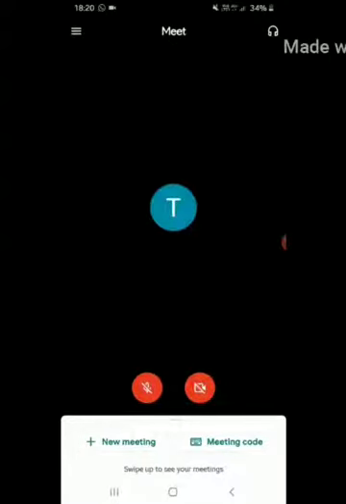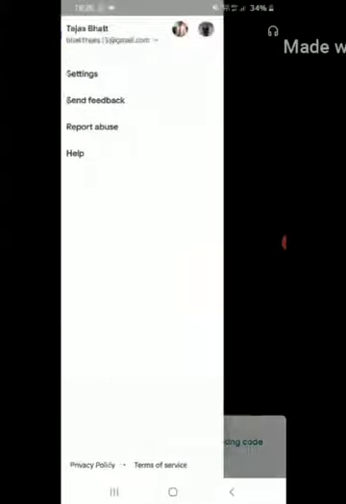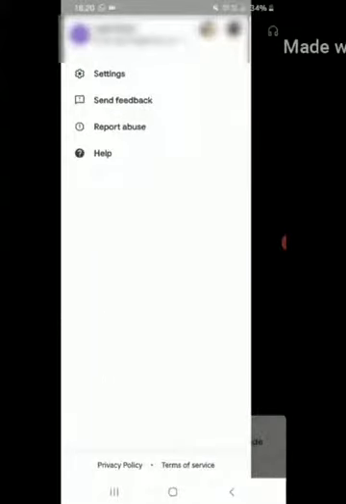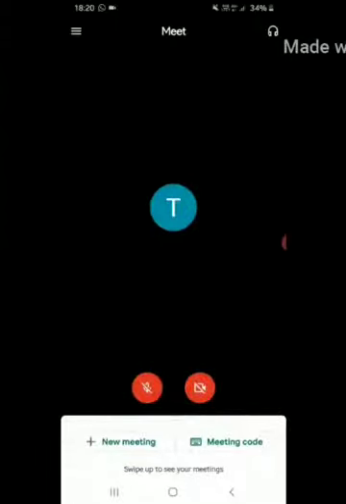On screen it shows a new meeting option, a meeting code, and symbols for microphone and camera. At the top left side, there are three lines. It shows which Gmail ID you have logged in with. On the top right side, there is a headphone symbol.